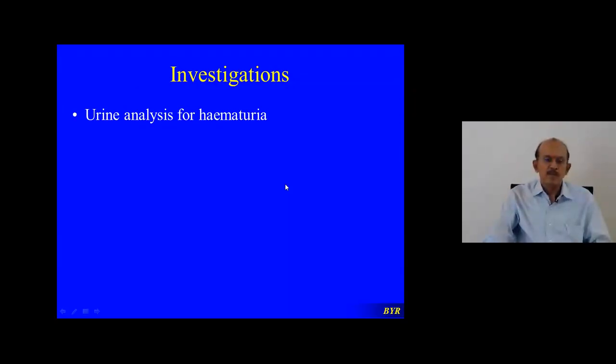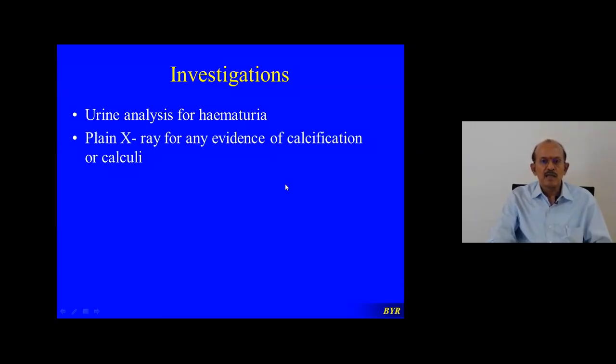Investigations for a case of suspected renal cell carcinoma. The patient mainly manifests with a solid mass in the loin. Clinically you examine and make a diagnosis of a solid mass from the kidney. Any solid mass in the kidney should be considered carcinoma till proved otherwise by investigations. So the clinical diagnosis will be carcinoma of the kidney. Then you must do the investigations. What investigations do you do? Urine analysis for hematuria, plain X-ray for any evidence of calcification or presence of calculi,